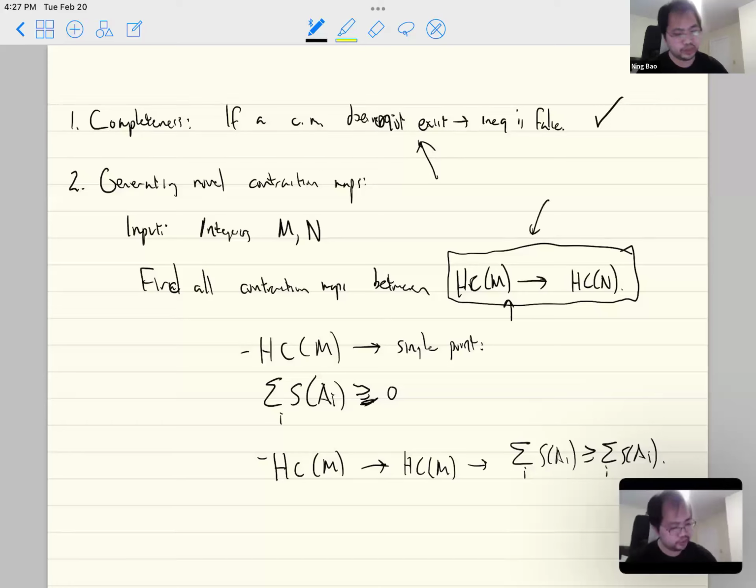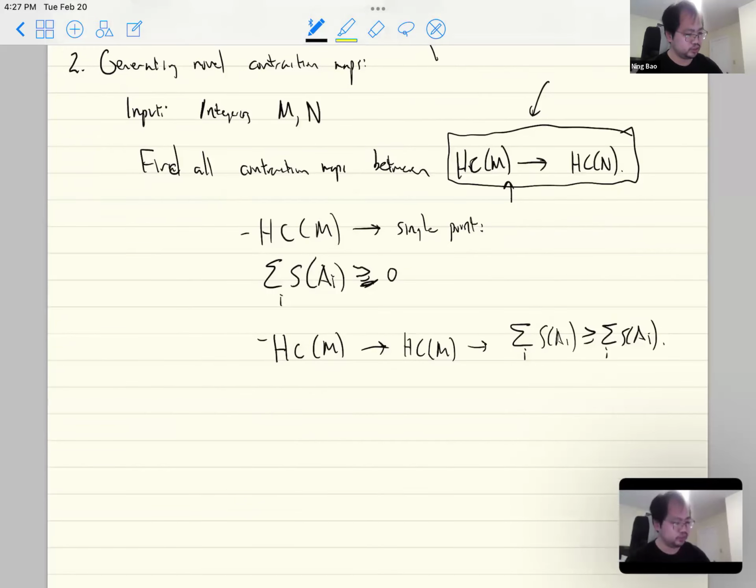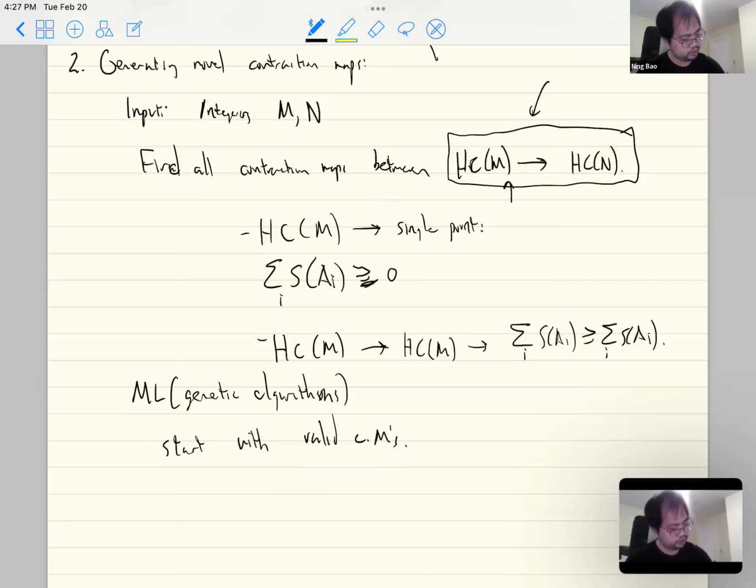As far as I can tell, this is a very hard math problem. It's very difficult for non-trivial m and n to find all possible contraction mappings of this style. So one of the things I'm starting to work on is to use machine learning, in particular genetic algorithms, where I start with valid contraction maps from the entanglement entropy inequalities I already know for a fixed m and n, and then I introduce mutations, single vertex map mutations,